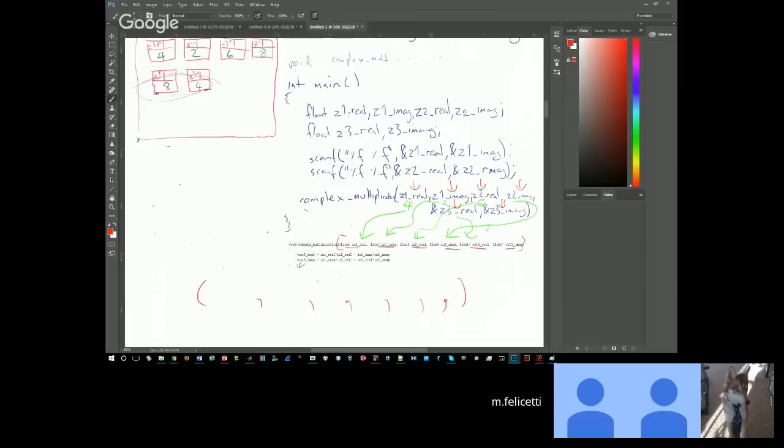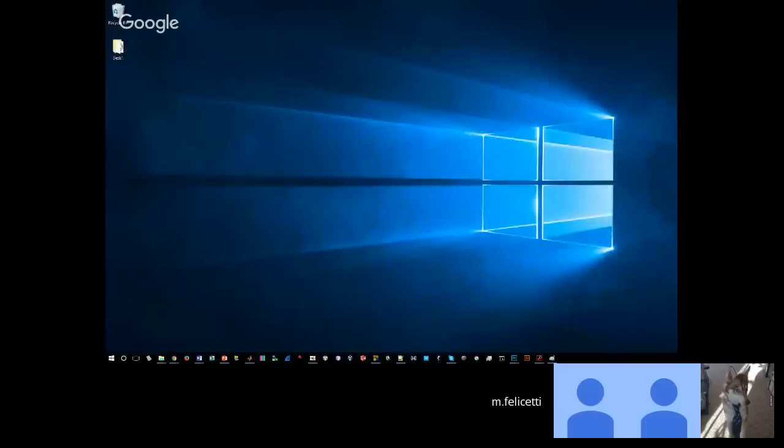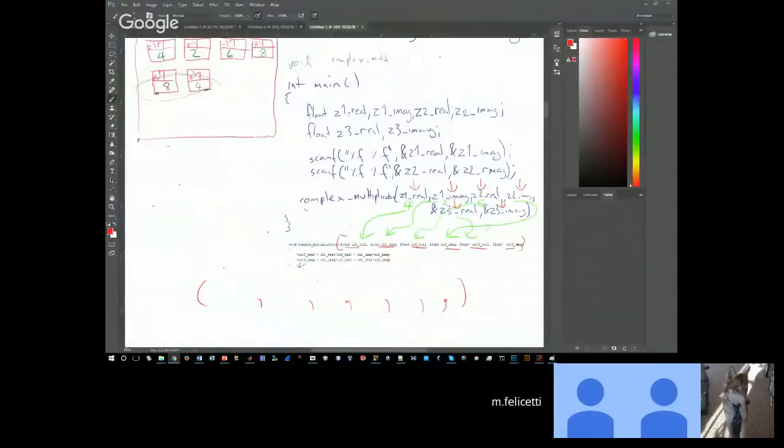Any more questions? What are windows? Check that window and check